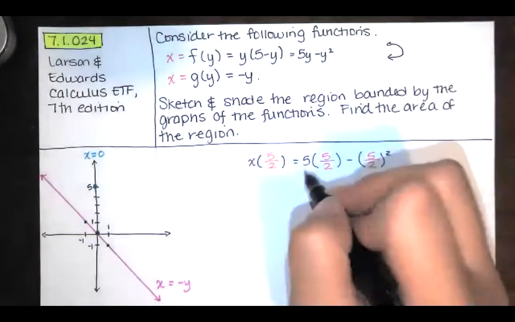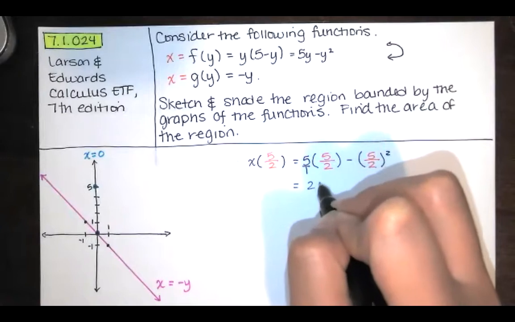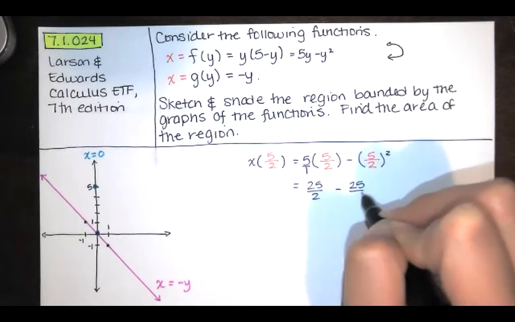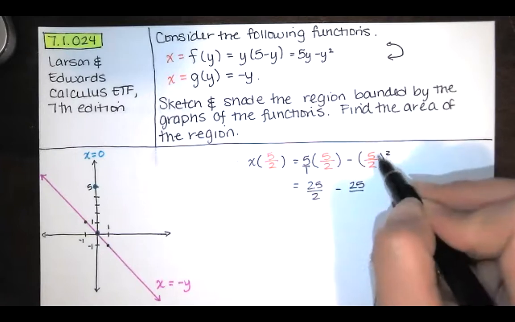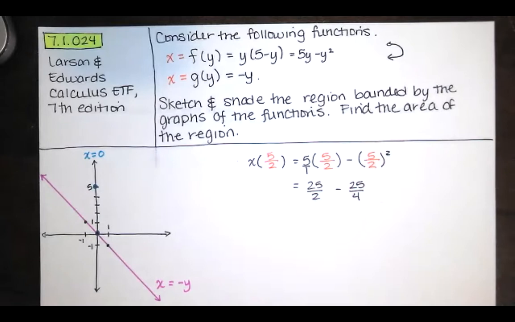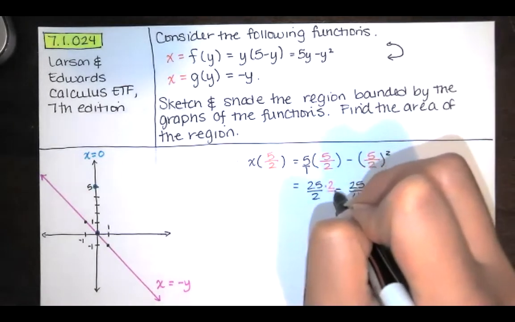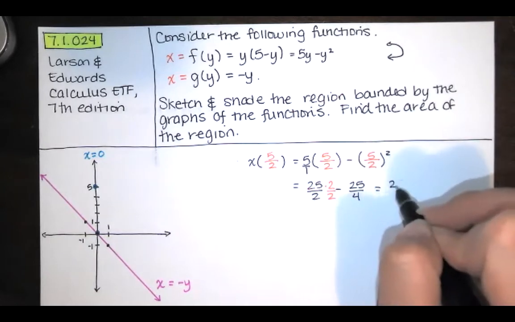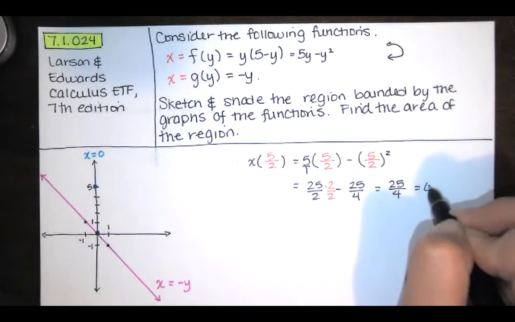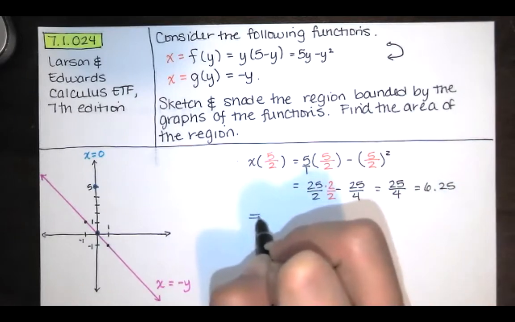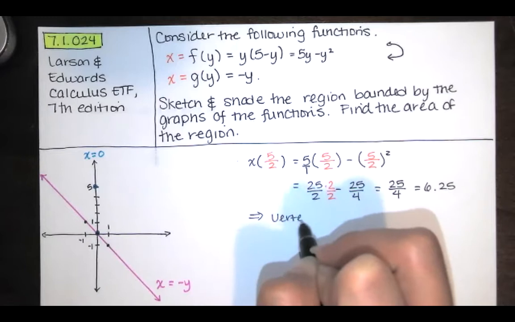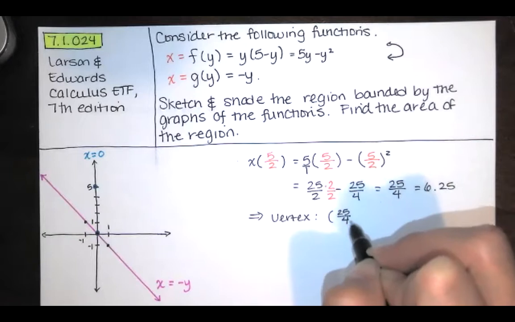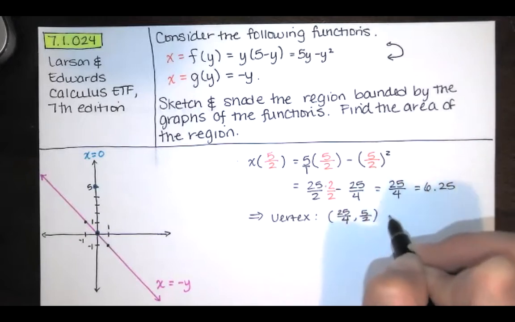Personally, when I'm doing arithmetic, I would prefer fractions to decimals. Teach his own. Multiply straight across here, square the numerator and square the denominator here. You need a common denominator here. So this is 50 over 4 minus 25 over 4, which is 25 over 4, which is 6.25. So that means the vertex on that parabola occurs at x equals 25 over 4 and y equals 5 over 2,